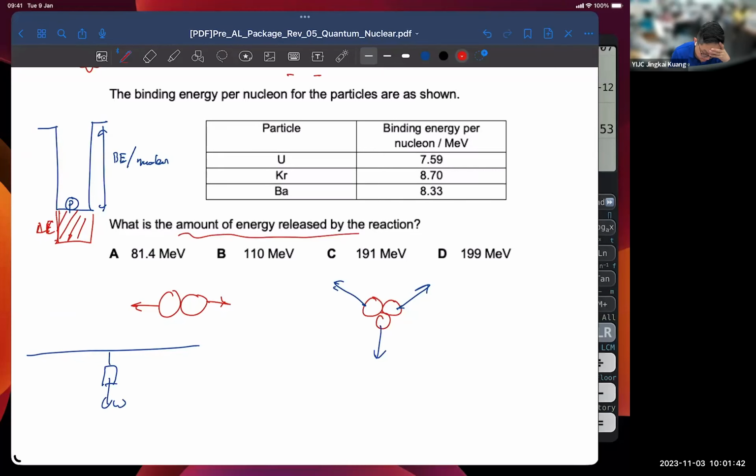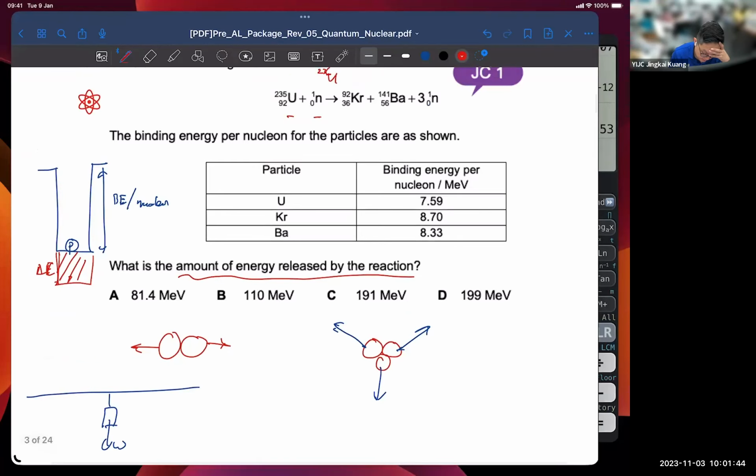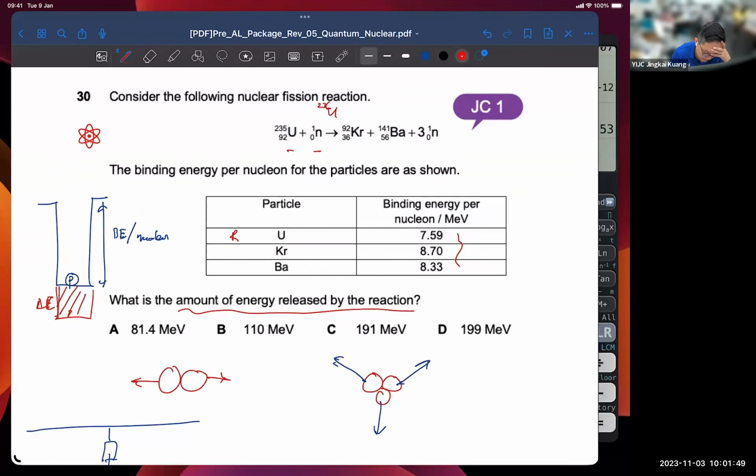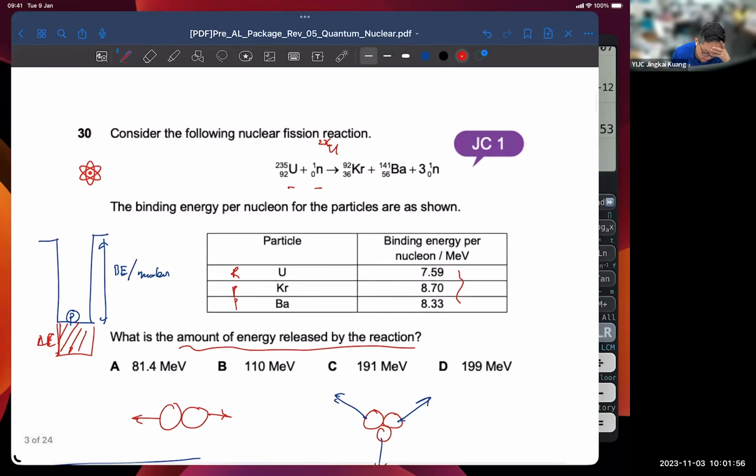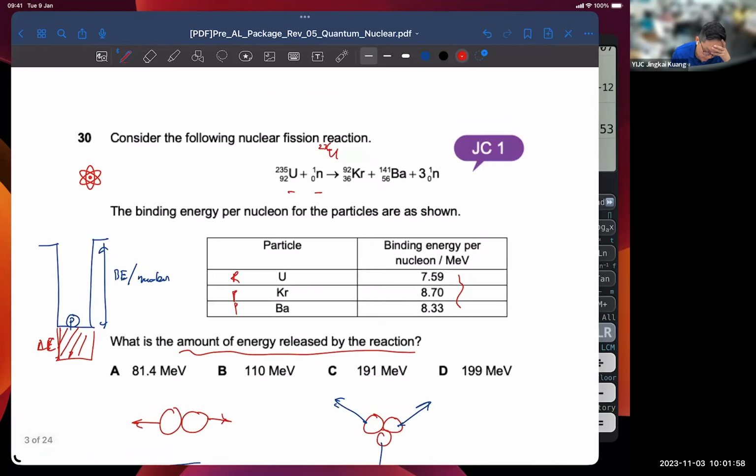So back to this question, they want you to find the amount of energy released per reaction. They gave us the binding energy per nucleon. This is the reactant, this is the product, this is the product. Because we are experienced with this, we know that this reaction will release energy. Energy is released in the KE of your products, and the three neutrons will carry KE. If not enough to carry, then of course you're going to have some other form of radiation, usually